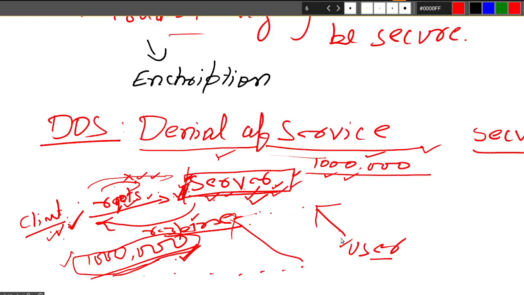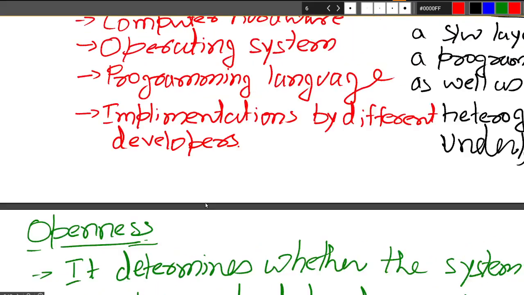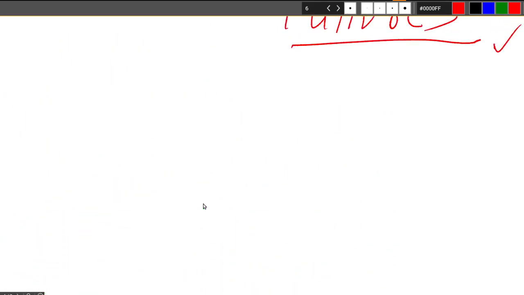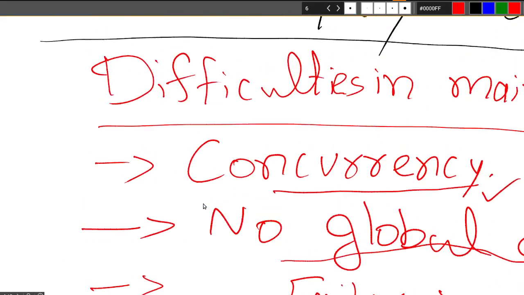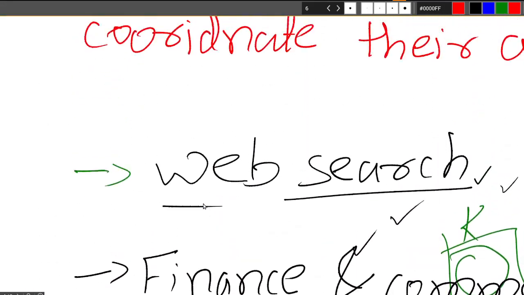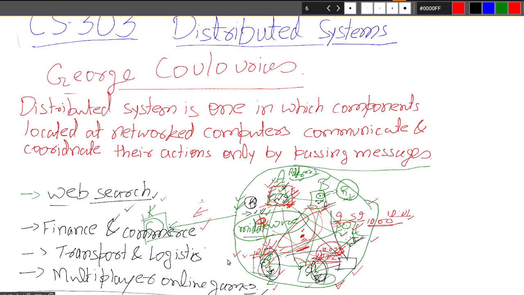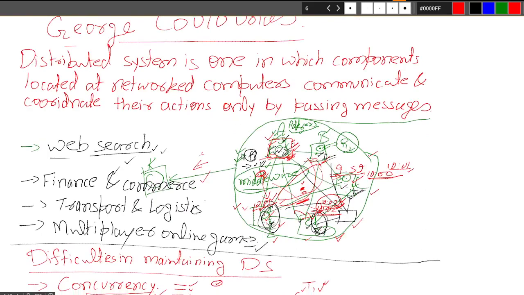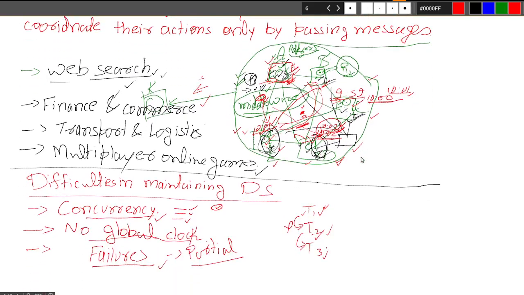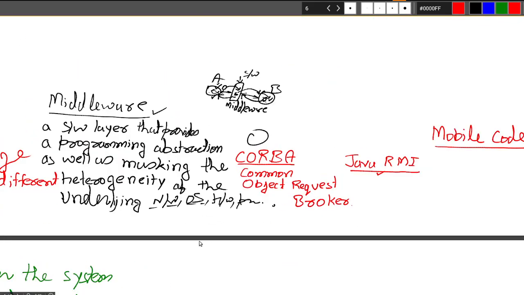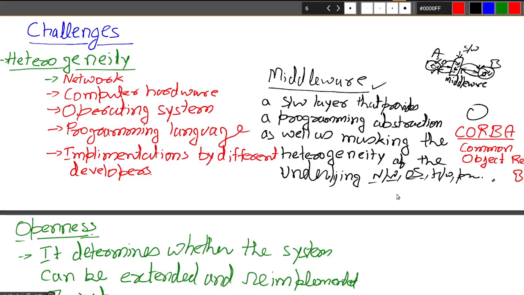Okay, let me repeat what we have seen today. We started by revising the last class, where we saw the definition of distributed system, and some more information related to distributed systems and some of the characteristics, and then we moved toward the challenges.